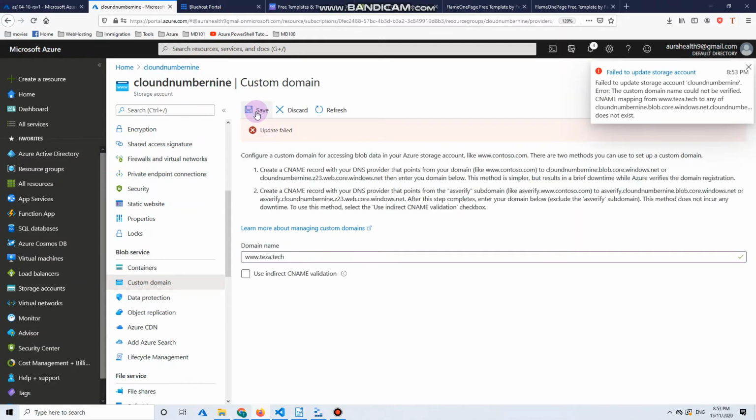So what will happen now? It says update failed. Custom domain cannot be verified. It says CNAME mapping for tesa.tech to any of the cloud9 endpoints does not exist. Alright, so what I will have to do is